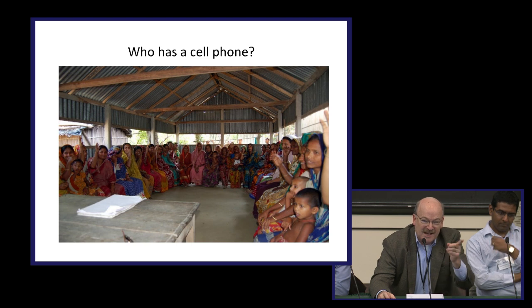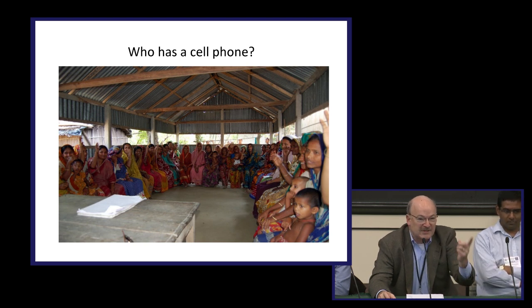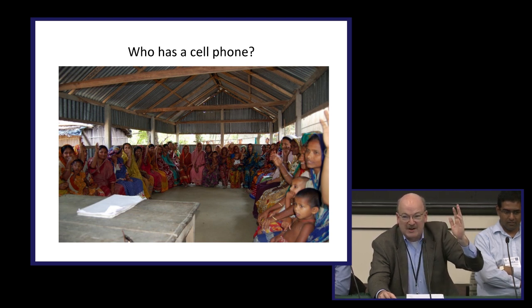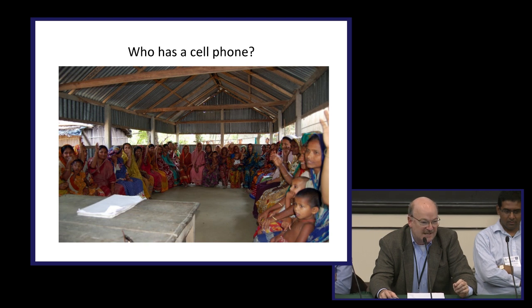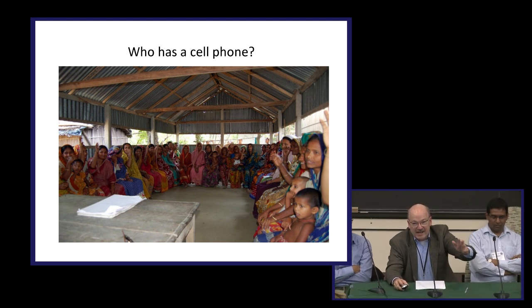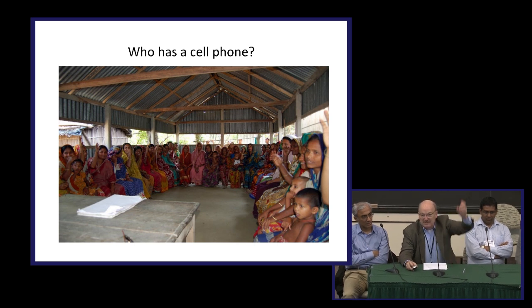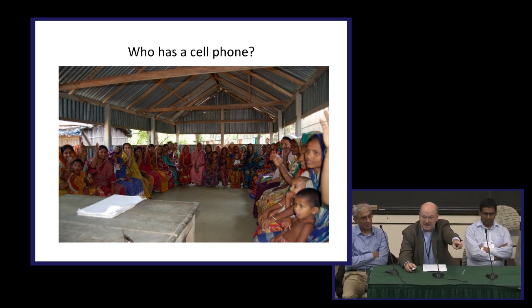This is one of the neatest meetings I ever had. You've heard of microfinance circles that Muhammad Yunus invented. This is one of his, and the hand right in the corner there is the woman who went to Stockholm with Yunus to receive the Nobel Prize. And this is her village. There's no electricity. I had to walk half a mile to get in here. And this is the answer to my question, who has a cell phone? Boom. Everybody has a cell phone except the women in the middle who are the poorest people in the group. But there's a pathway, and I assure you, the coverage and signal strength beats the hell out of the one in Lyme. I mean, they got much better coverage than you do.